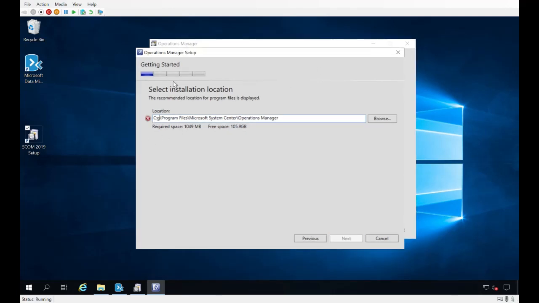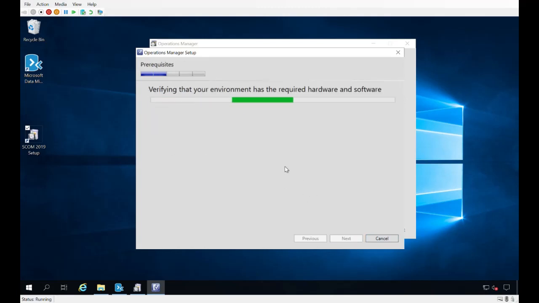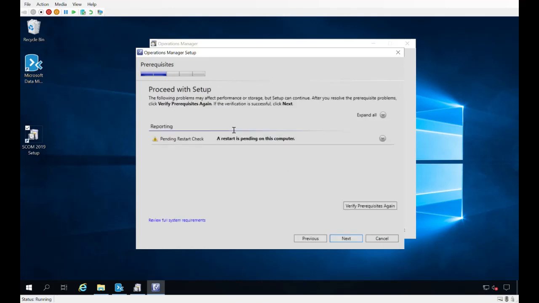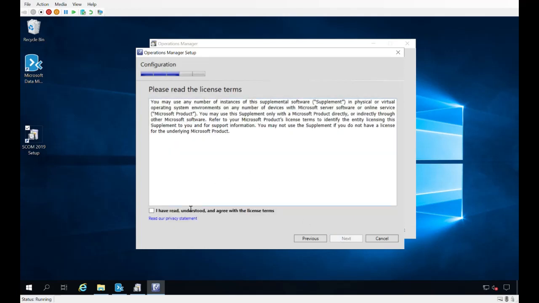If I can type right there. Alright, got my E drive, and I'll click next. That'll go through and verify some prerequisites for the system. Here I'm seeing I have a pending restart on this system, but I don't want to do that right now, so I'm just going to power through the rest of the wizard and do my reboot at another time. I'll click next, accept the licensing terms,